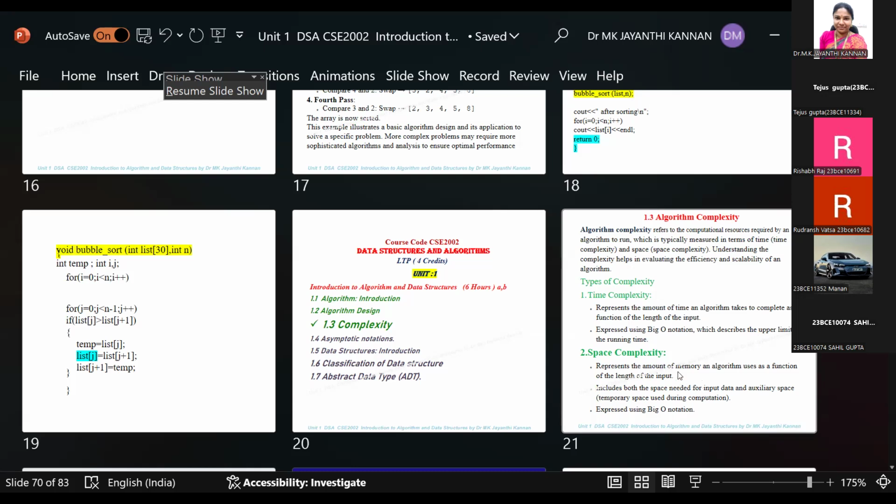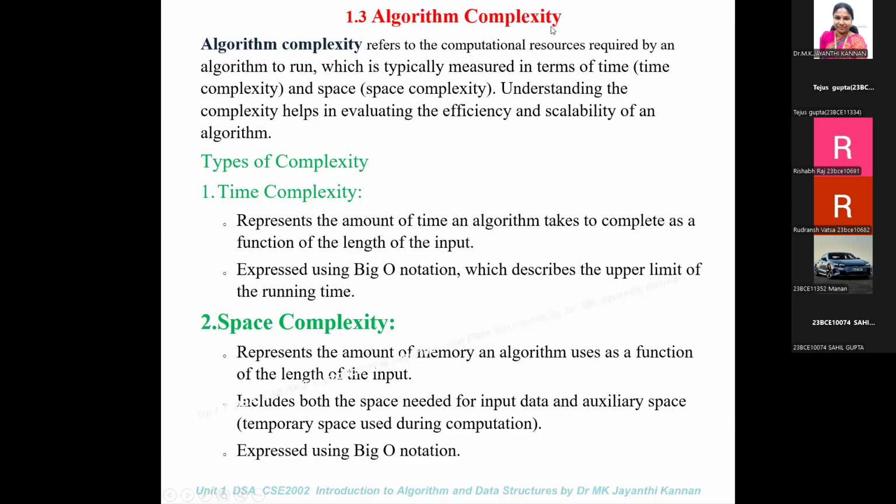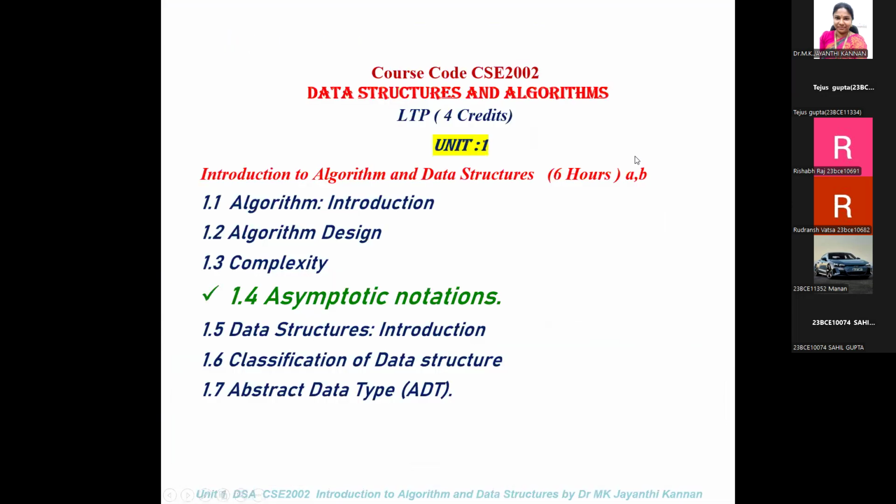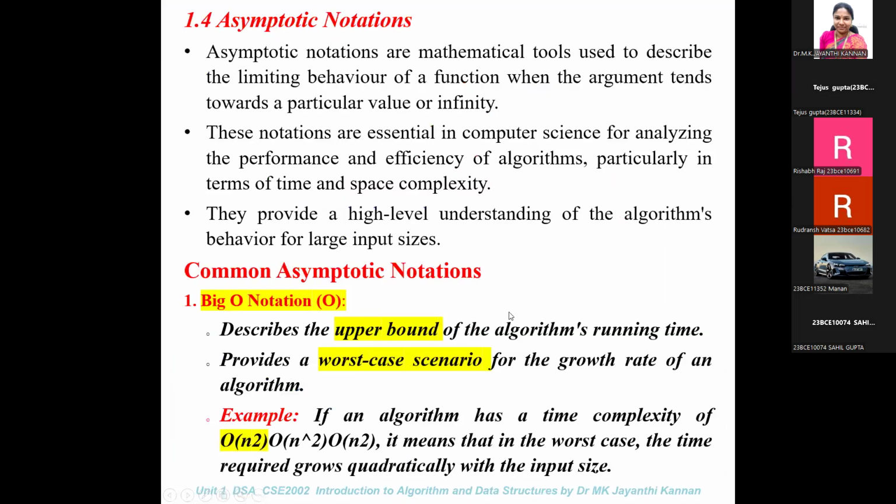In the same way, to store your program in the computer, say you are downloading some software and installing it, there should be enough space in your computer to install and run the software. So time and space play an important role in measuring the efficiency of any particular program. That is called complexity. And the complexity can be represented in mathematical form by using the asymptotic notations. So the asymptotic notations are